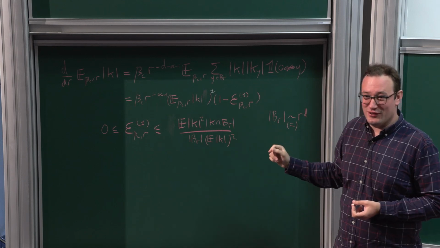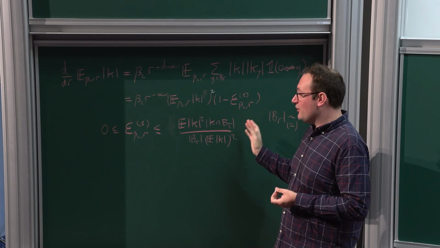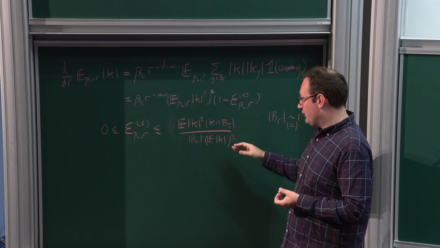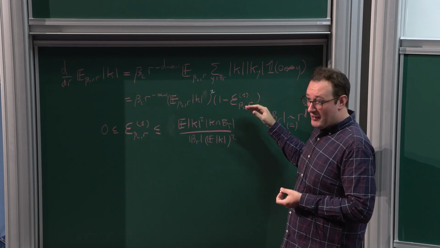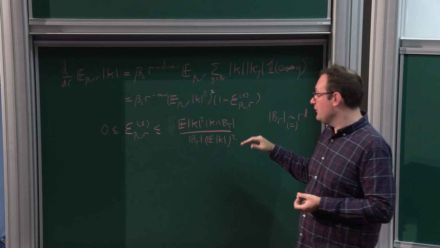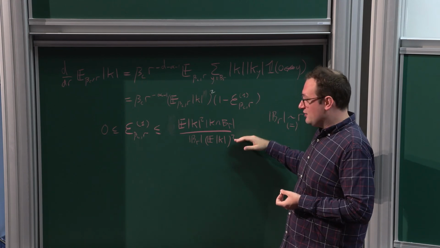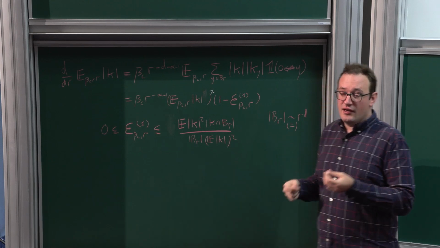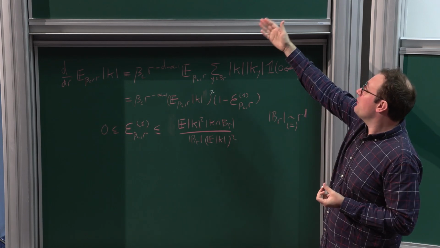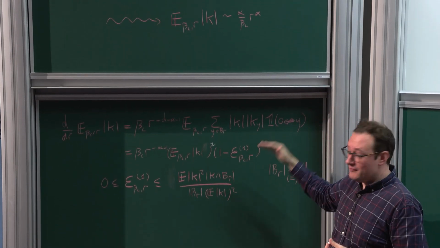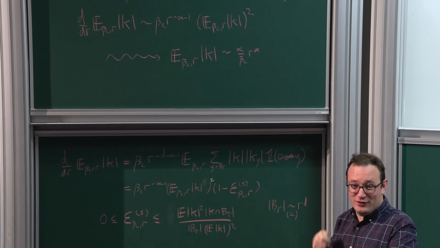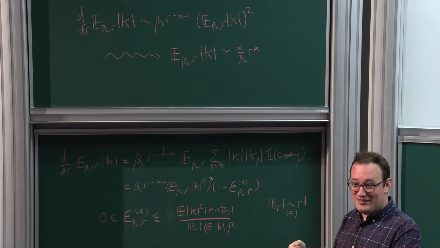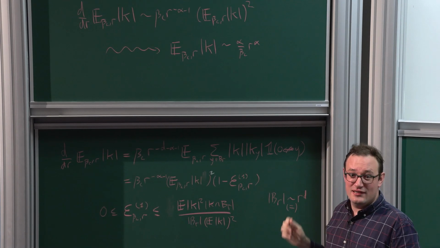That comes when you do the tree graph. If you use tree graph, you get 3 times the cube of the first moment. So you get cancelling factors. You get the 5th power of the first moment for tree graph. So you get the 5th power divided by the square. So you get the cube in the numerator, the volume of the ball in the denominator. And because essentially the first moment should grow like r to the alpha, that means that the error should go to 0. And then we saw how you can, in fact, conclude in a non-circular way that it does indeed go to 0 and that you do indeed have this scaling.